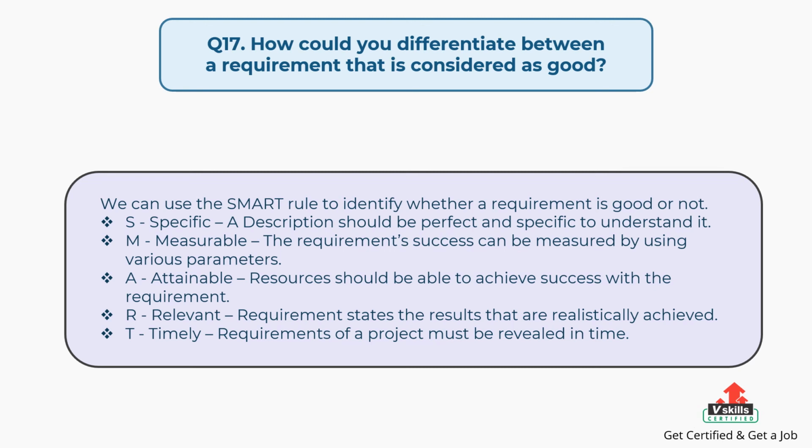A stands for attainable. Resources should be able to achieve success with the requirement. R stands for relevant. Requirement states the results that are realistically achieved. T stands for timely. Requirements of a project must be